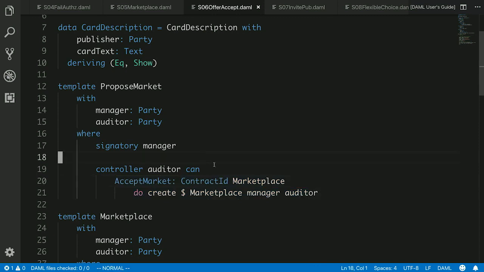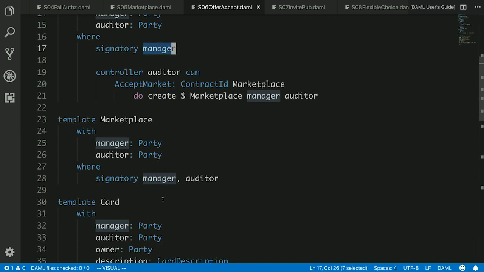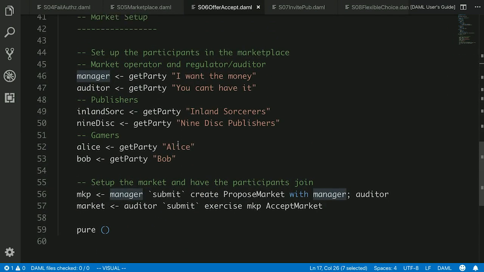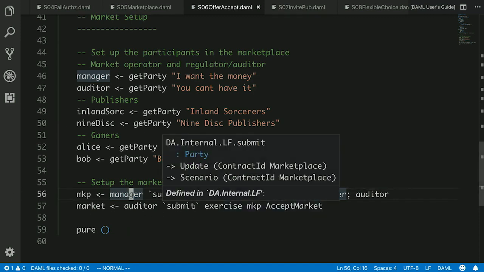So this controller function choice here is a function of no arguments that can be triggered by the auditor, and as a consequence of that will create this marketplace with the authorization of the command and the authorization of the contract offer. And so here we have an example where the manager submits the proposal, and the auditor then exercises the accept.